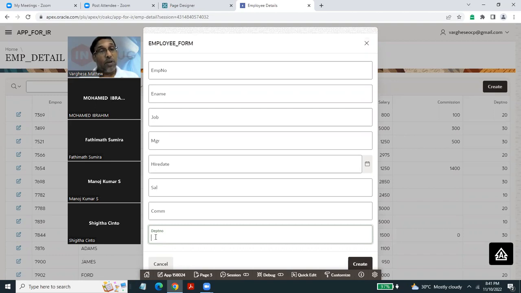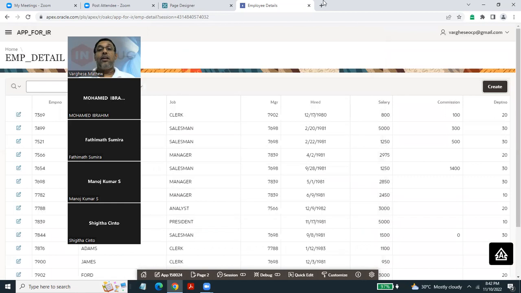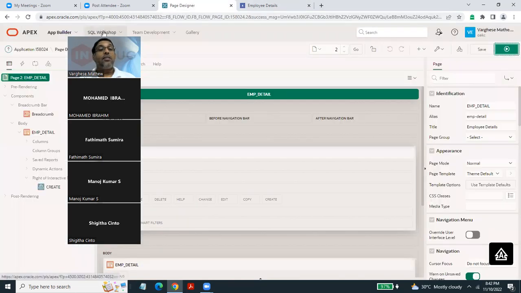I don't know what is the department 10. You cannot say here, right? Okay. Let us create a list which will populate from the department table. Okay. So in that case, maybe I will just go back to the page designer and I will just